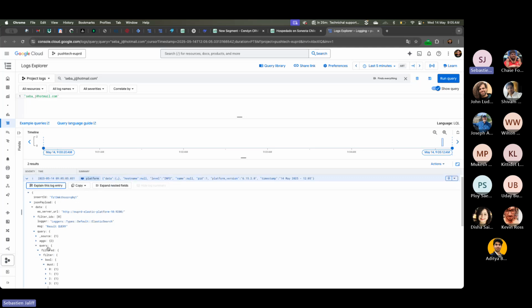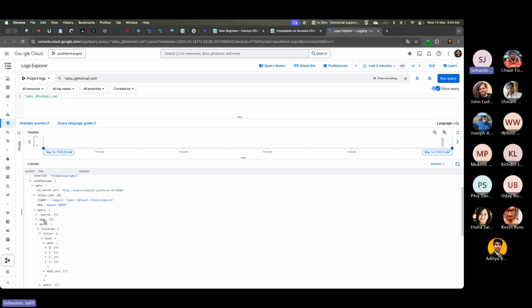You have filter, bool, must, all the query that the platform made and sent to Elasticsearch, and